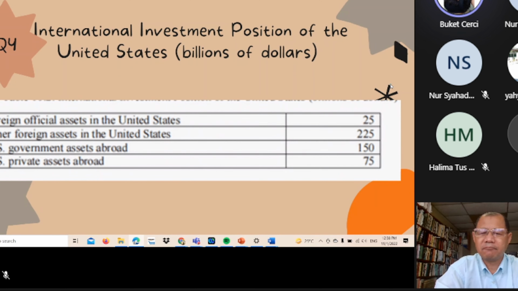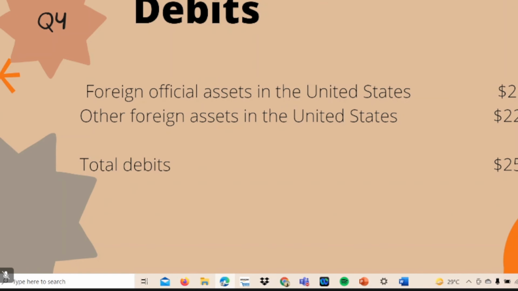So coming up to the question, it was what the position of the United States was and how they are invested. First of all, we have to determine the net international investment position of the United States, and for this we have these 4 items given. On the next page, first of all we have the debits of the United States. Therefore, we add the foreign official assets in the United States and the other foreign assets, and we have a total of